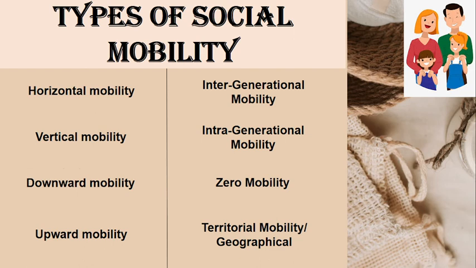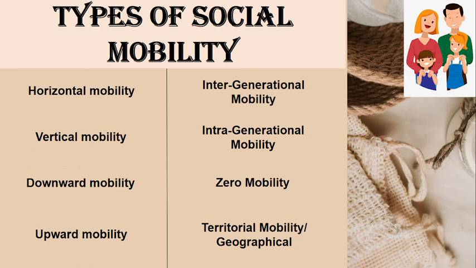The other one is intergenerational mobility. Intergenerational mobility happens when the social position changes from one generation to another. The change can be upward or downward. For example, a father worked in a factory while his son received an education that allowed him to become a lawyer or a doctor. Such societal changes also cause generations to adopt a new way of living and thinking. Intergenerational mobility is affected by differences in the upbringing of parents and their offspring, changes in the population, and changes in occupation.